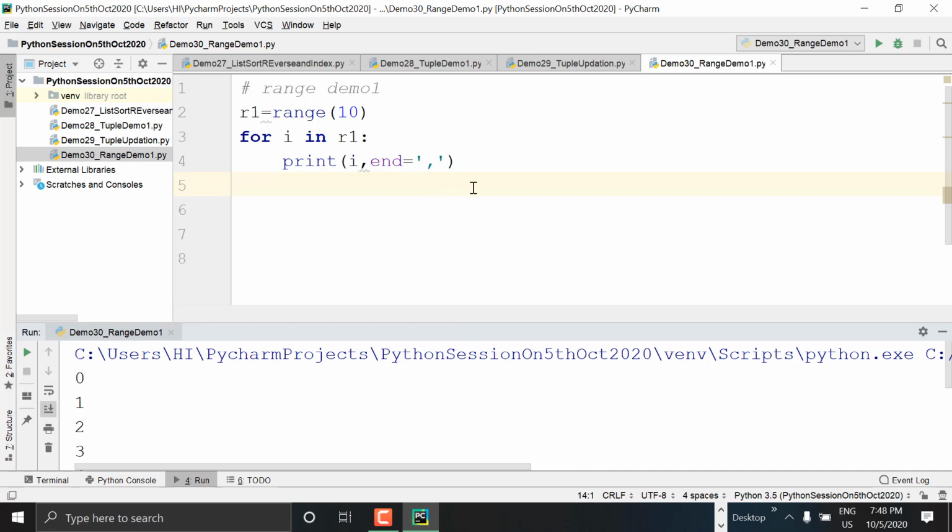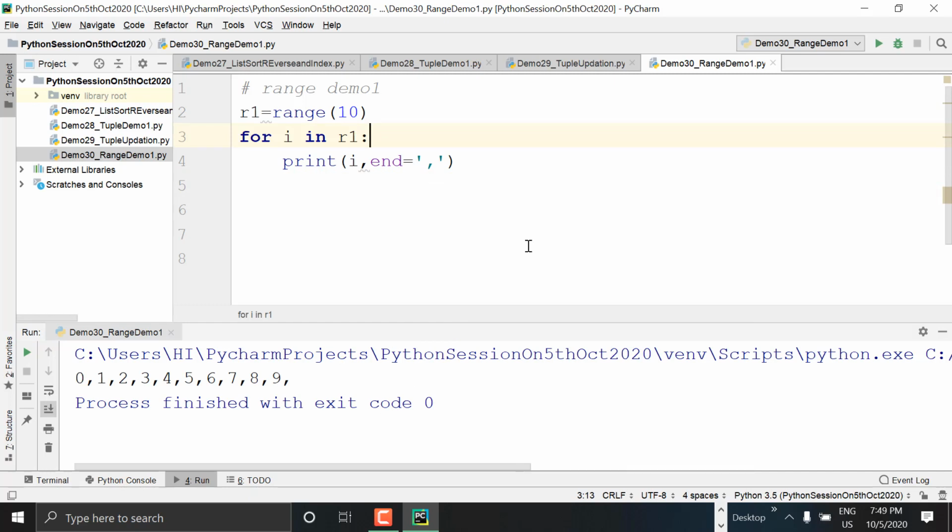Okay. So now R2 is equal to range, this time I'm saying 30 comma 40 and the interval is 2. This is said to be the step value. Range with step value. Okay, this was range normal without the step.